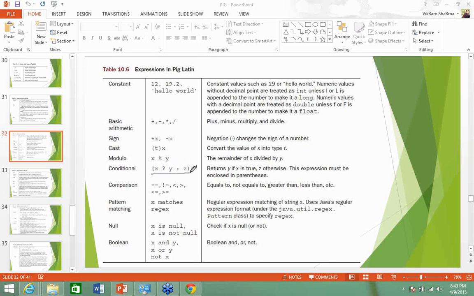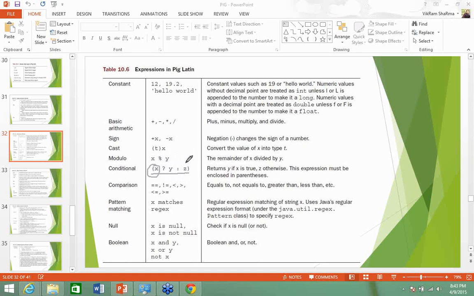A question may be asked: what does this expression actually mean? It simply means if x is true, then it will return y. If x is false, then it will return z.